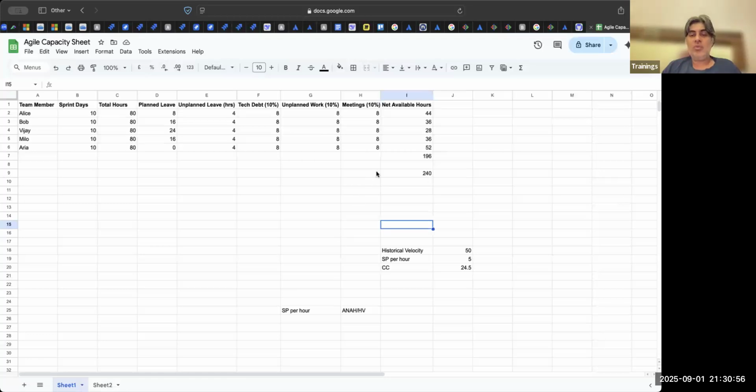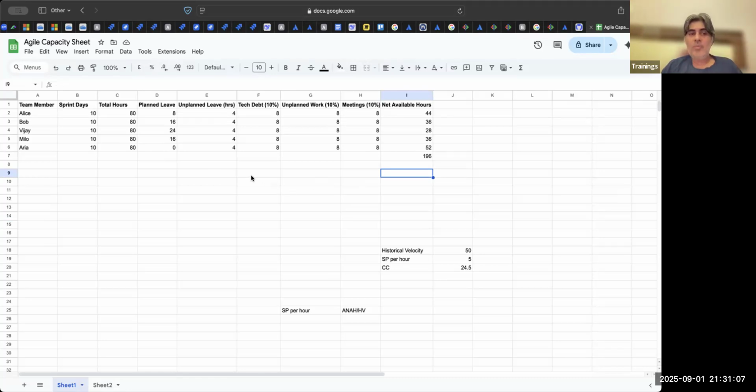Now, remember we saw in the agile estimation sheet initially we were trying to find out. One sec, I'll show you. This is the sheet I'm talking about. We did discuss this, right? You remember in the first or second or third class.